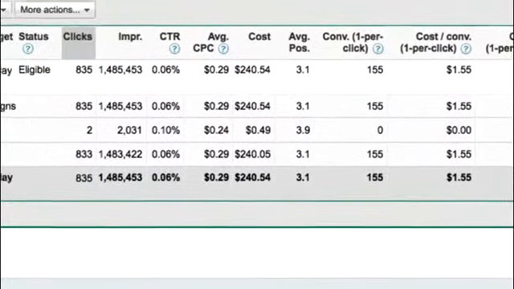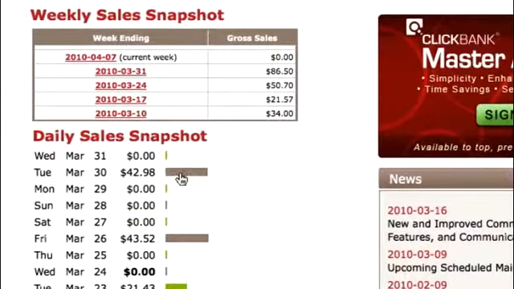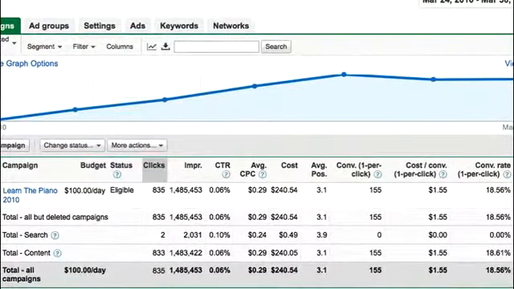I'm going to hop on over to ClickBank though and show you this. I'm getting sales through this AdWords campaign. Did $42 yesterday, $43 the other day. I still have not emailed my list since starting this Google AdWords campaign about buying a product. So I have not even had a chance to email them and ask them to actually go check out an affiliate product.